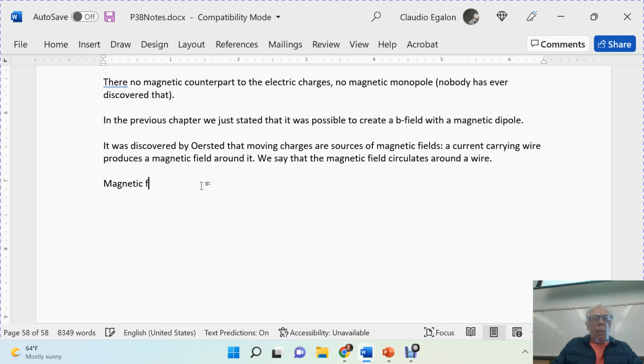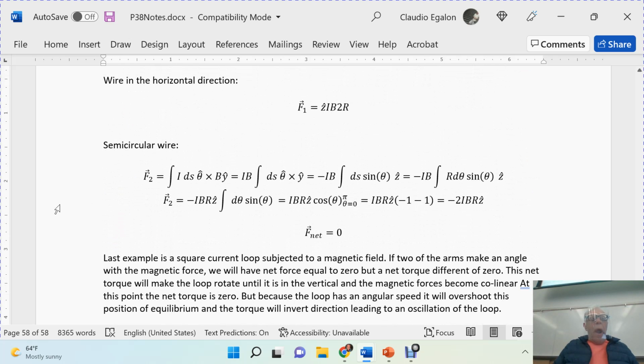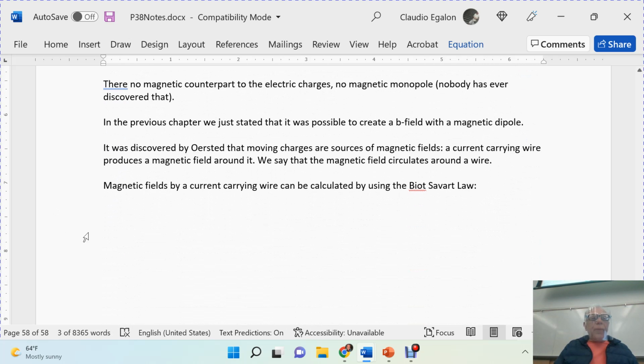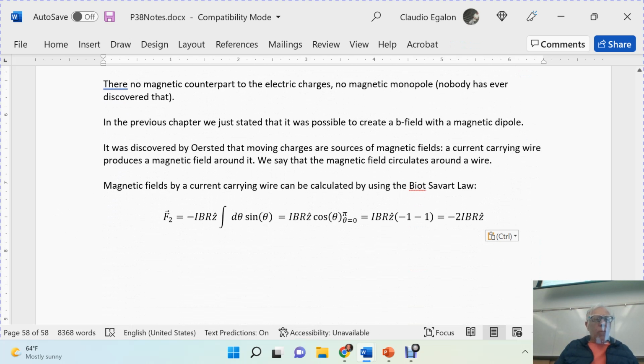Magnetic fields by a wire, by a current, the magnetic field by a current carrying wire can be calculated by using the Biot-Savart law. So how does it work? Well, it works this way, the infinitesimal magnetic field